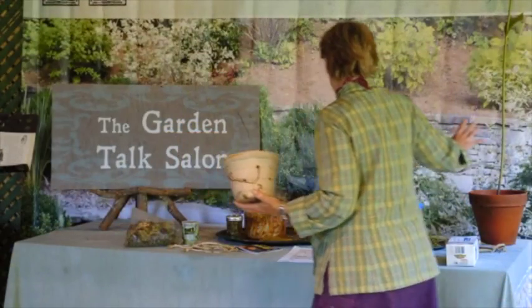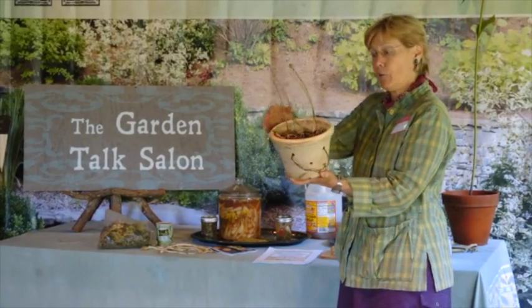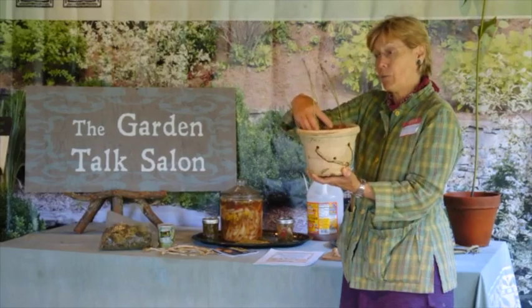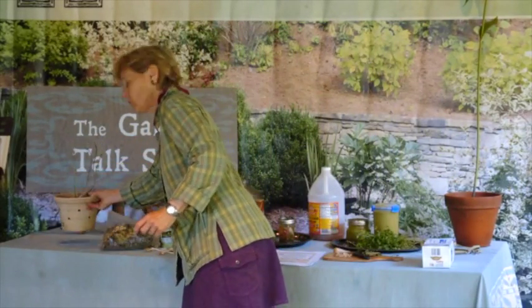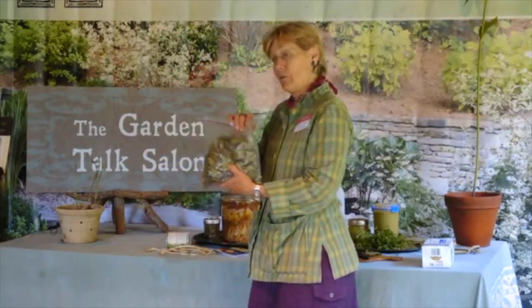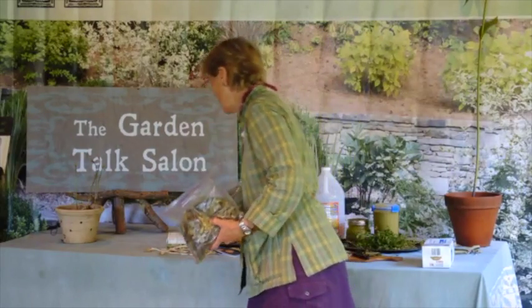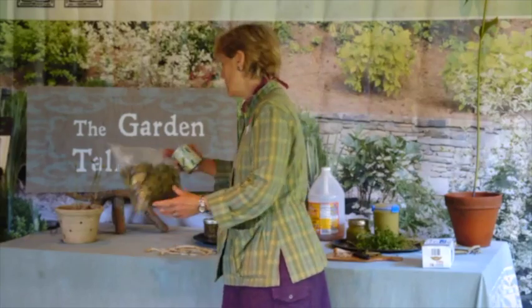Table of magical plant materials. We have ramps, which are in bloom, which were collected, and the corms are down in the soil. These are pretty amazing. I've never tried to grow them, but we want to have them in our own garden because we like to harvest the foliage, and you can dehydrate it. I pulverize it and put it into a little container so I can shake it into something that's very mild